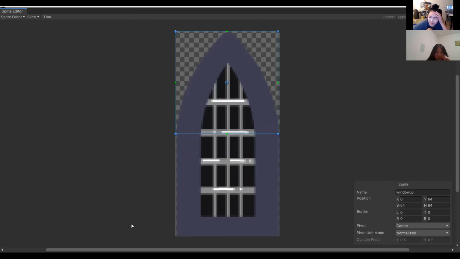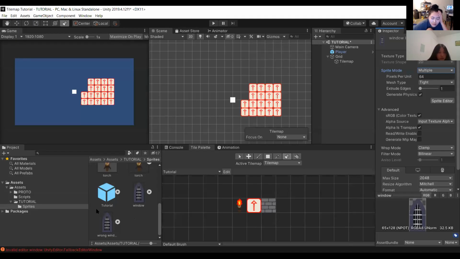Another way that you can tell that it worked is if you go to your sprite. Wait, Athena, can you go over it one more time, how to get into the sprite editor? Yeah. You want to click on your sprite within your project folder. It should be under tutorial sprites, and it should be called window in this case.